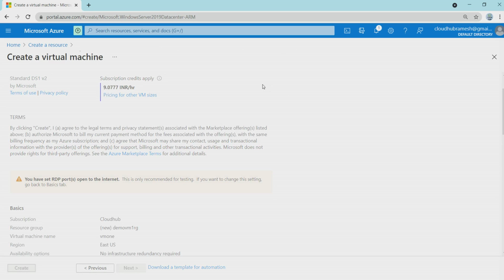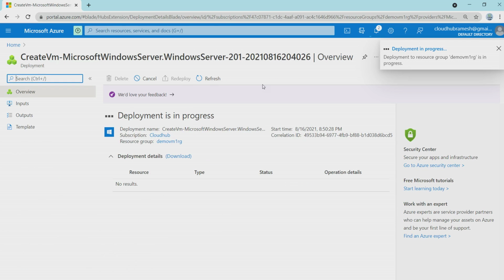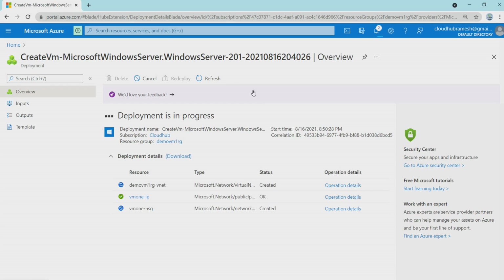Now let's start creating the virtual machines. It might take a few minutes, like 1 or 2 minutes, to get the virtual machine created. As I said earlier, this will create different resources: your network interface, your public IP, NSGs, your subnets. Around 5 to 6 resources it creates here. I'll just give a refresh here. You could see the public IP address is created, and then the virtual network is in progress, and the network security groups are in progress.